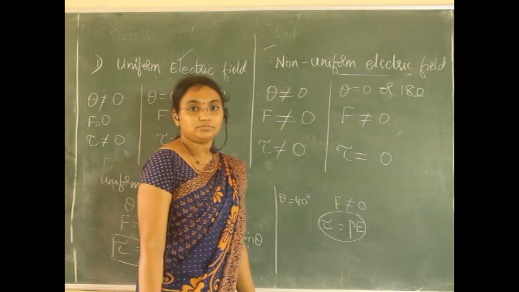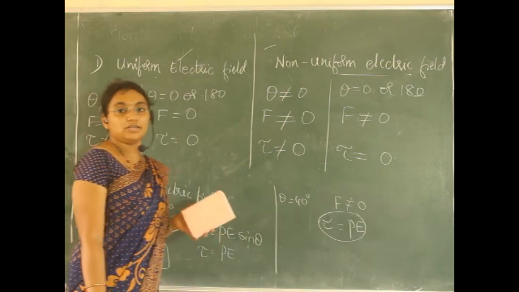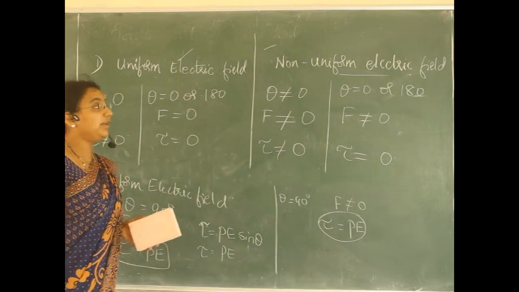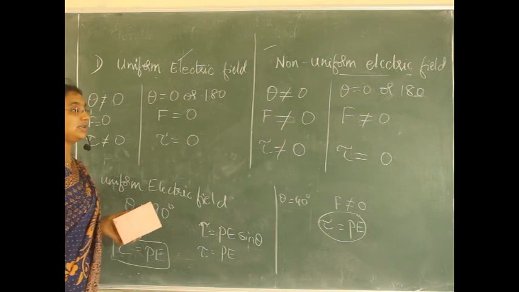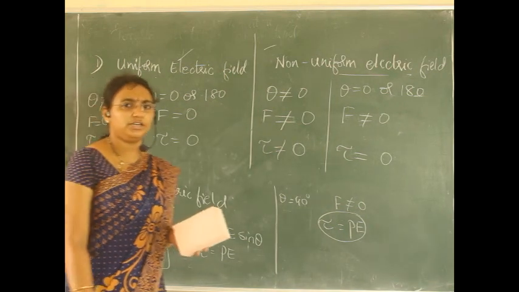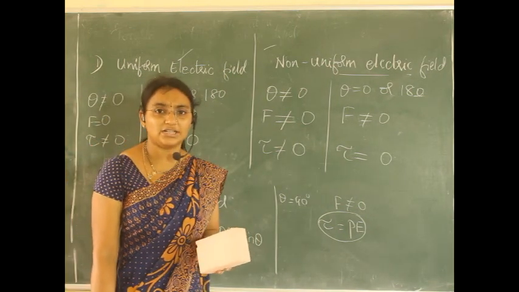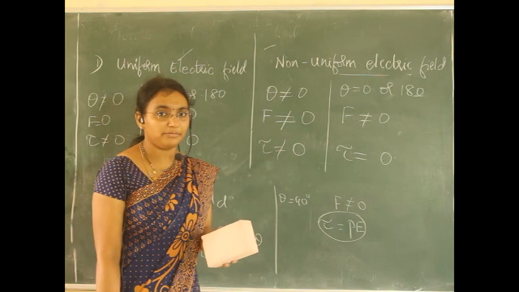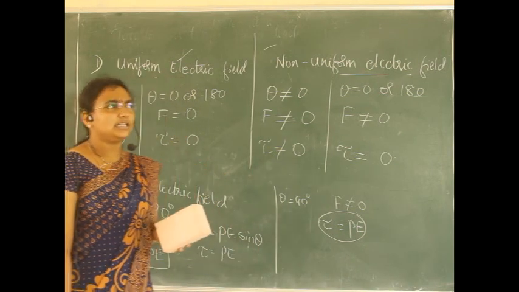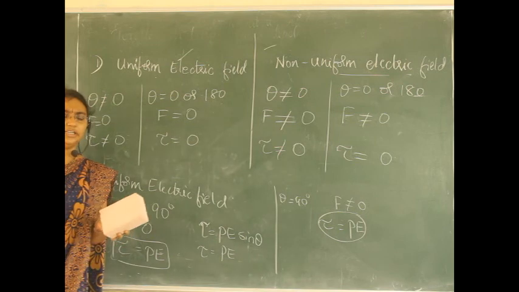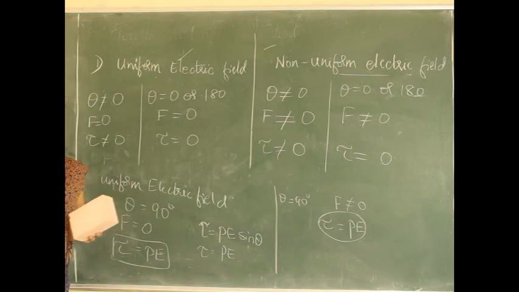The next concept we have to move to is Gauss law. But before moving to the concept of Gauss law, we have to revisit something you have already finished. We have done the continuous charge distribution concept. Do you remember? Surface charge density, linear charge density, volume charge density. What are those? Can you remind it?